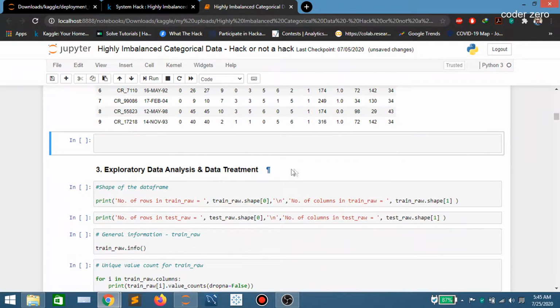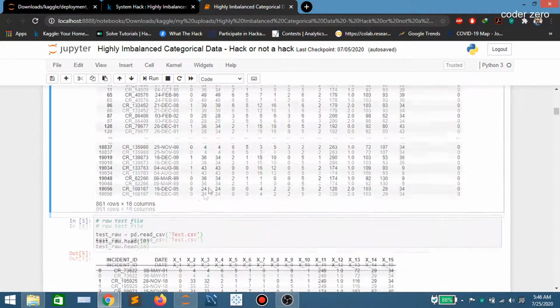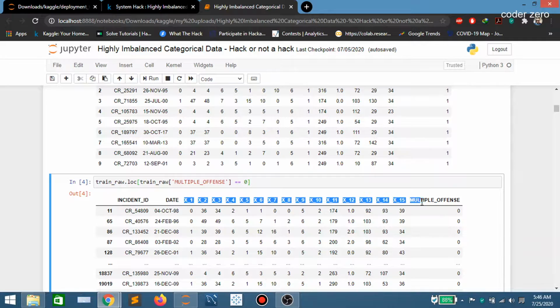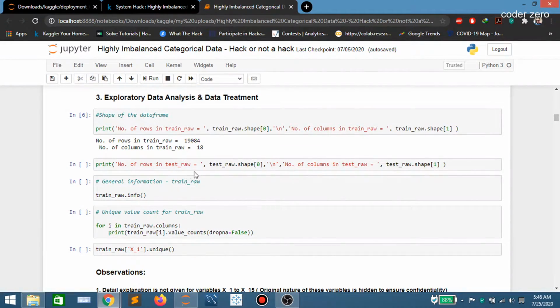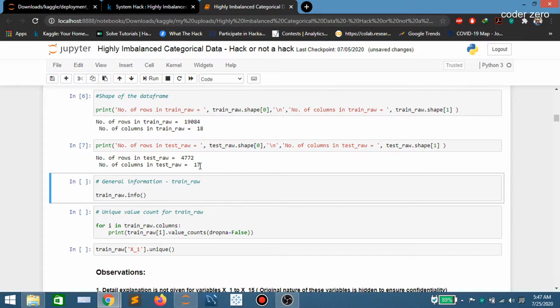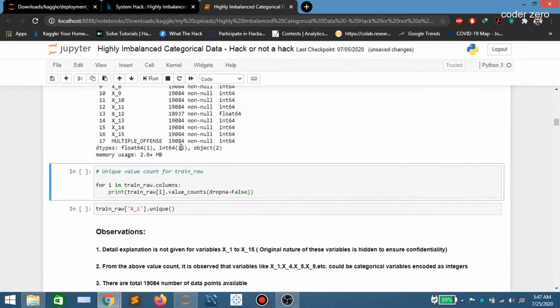Now let's start with EDA. Our train data has 19,084 rows and 18 columns. You can see here we have 15 columns, then we have 3 columns here, so total 18. In test data we have 4,772 rows and 17 columns. Let's see some general info about train data.